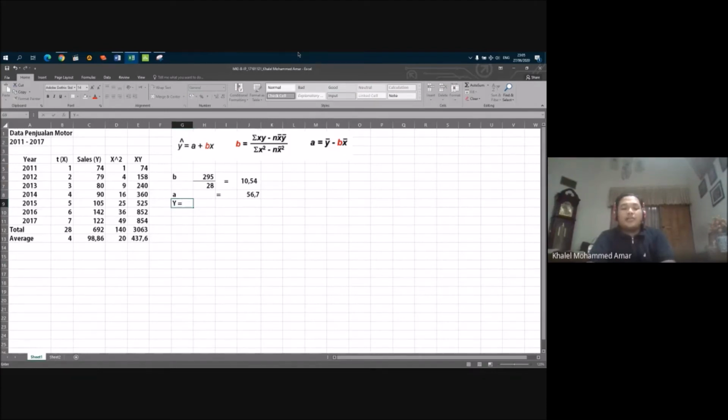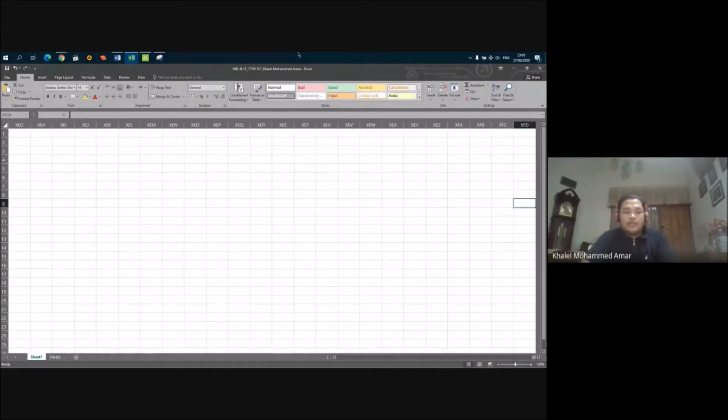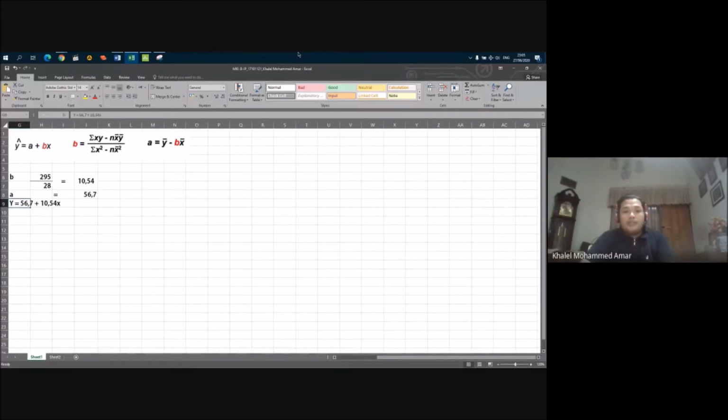In this case, A is 56.7 plus B, 10.54x. Like this. This is the formula for our least square.